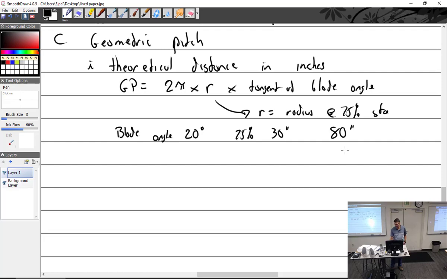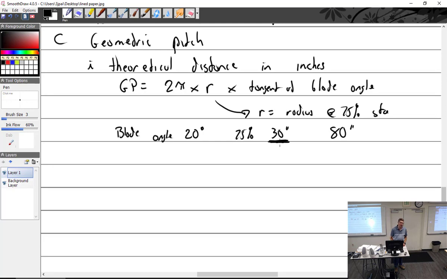An 80-inch prop, what's 75% of 80? 60. Well, then something went wrong, didn't it? I don't have a calculator with me. Tell me, what is 75% of 80? 60. And I just said it's at station